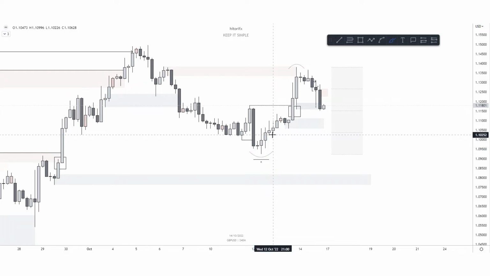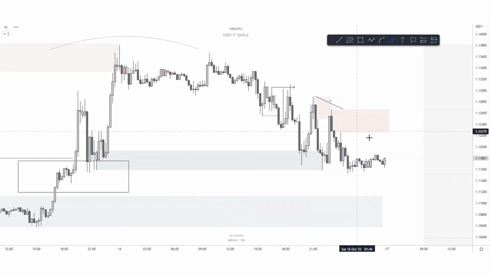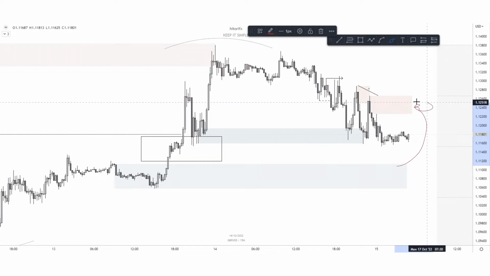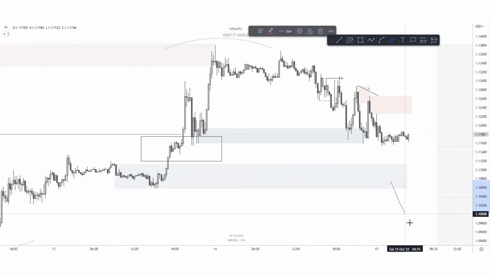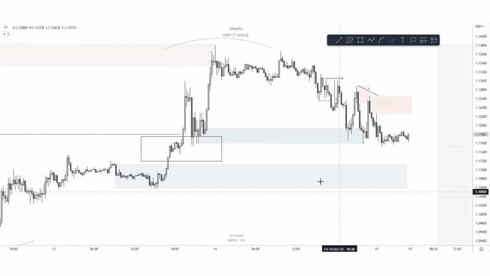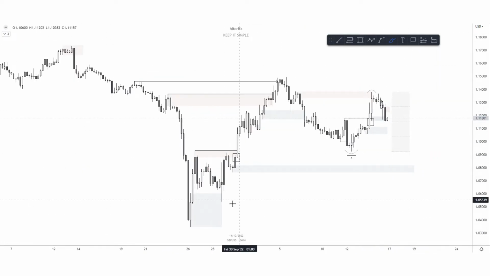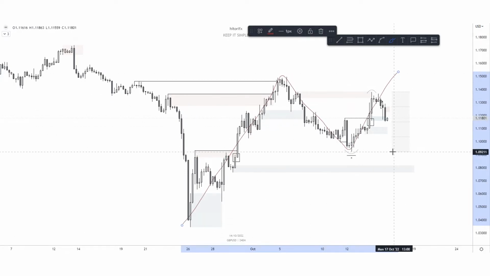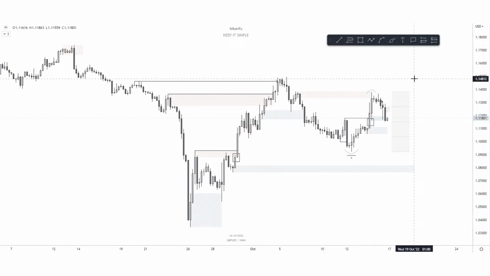So we'll be looking to see if price comes up to respect supply on the M15 to go down, or if this breaks and I'll go short. If this comes out, maybe you can go short to the next demand zone, and if you show bullish pressure here, you could start to go long from here to go higher, because I'm expecting overall bullish narrative. Yeah, so that is GU. Let's move forward to gold.